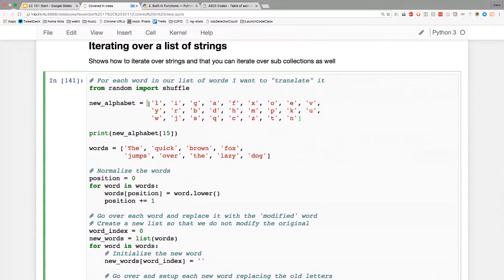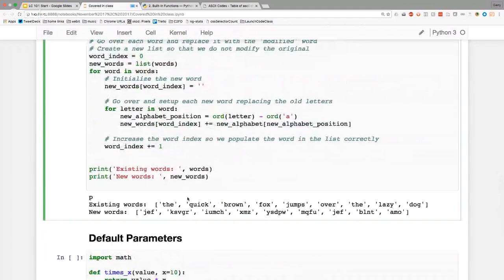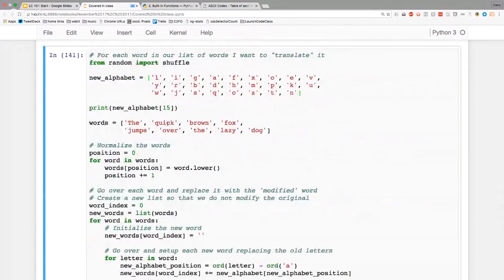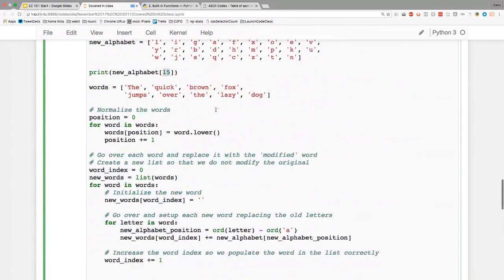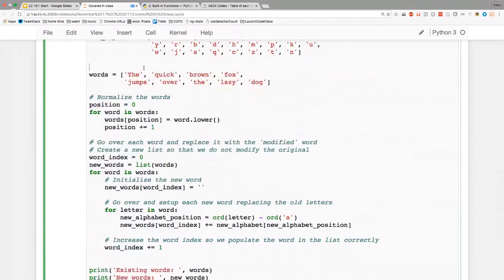So that's a spot check to know that the letters got replaced correctly. And that's why I printed out the original set of words. P is currently at the 15th position, which I printed out just as an example of how to